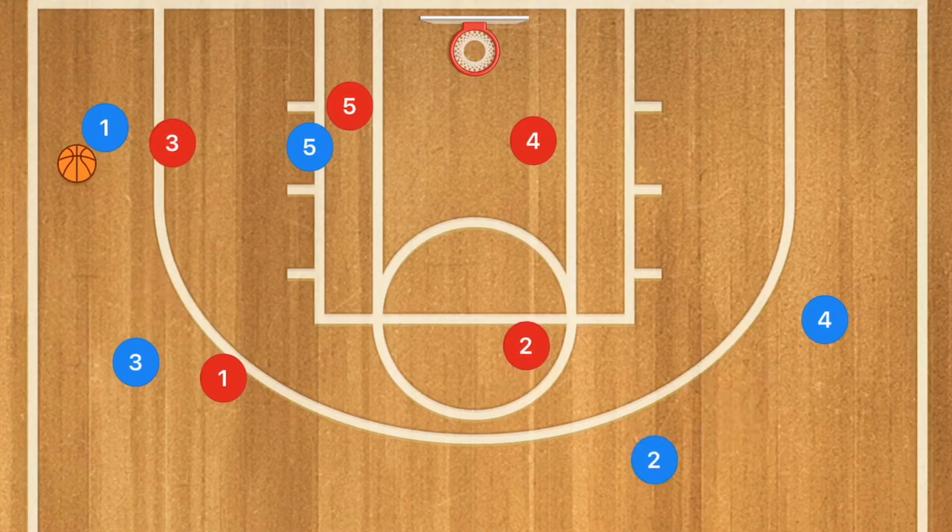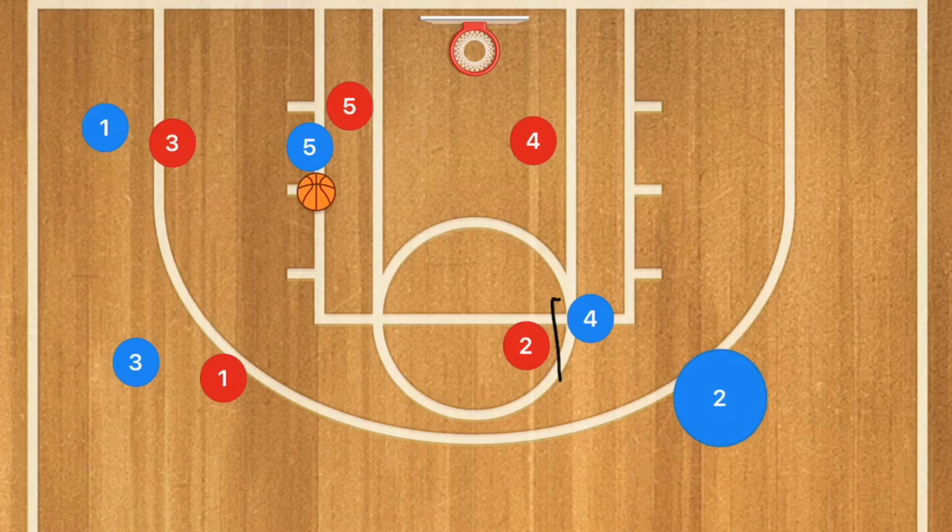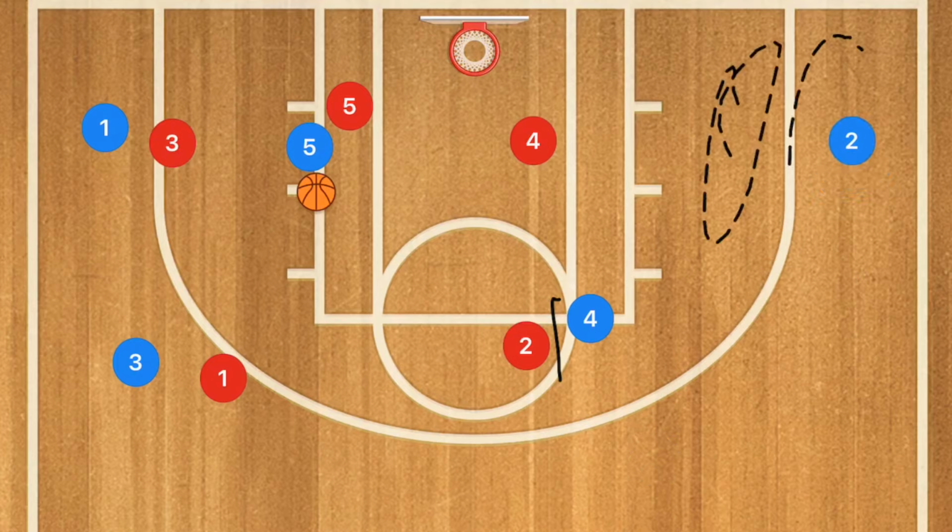What we want, because as soon as the ball gets past player 1, player 3 is going to go down. What we really want is to have player 5 get that ball in the low post. The reason for this is he's going to be collapsing the defense. We're going to have player 4 now screen for player 2, and player 2 is going to be going